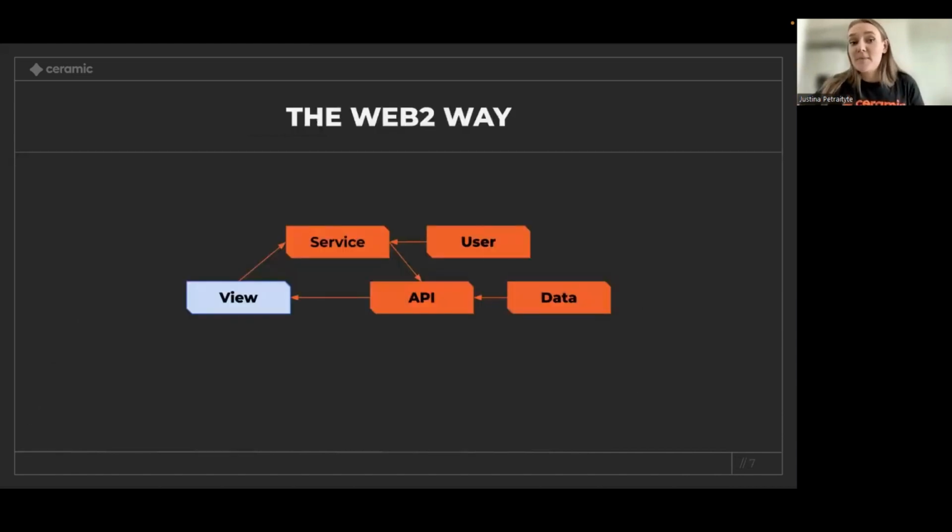From developer perspective, this is a very simplified view as well of how things look like. But as you build an application for every single app and most of the time feature, you have to follow the same loop. So you build an experience where user interact with some kind of service. There are some APIs involved that pull data.